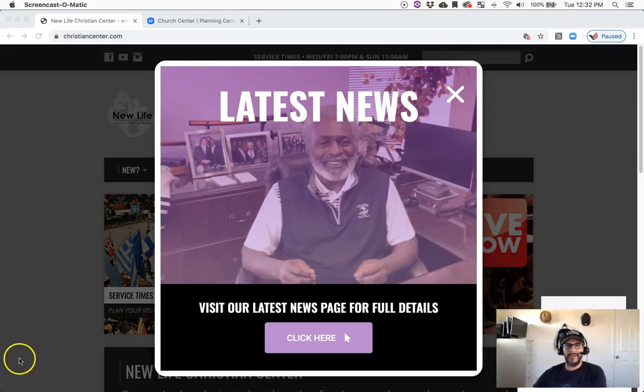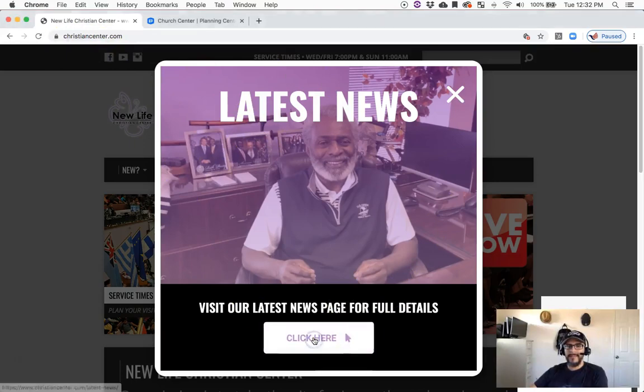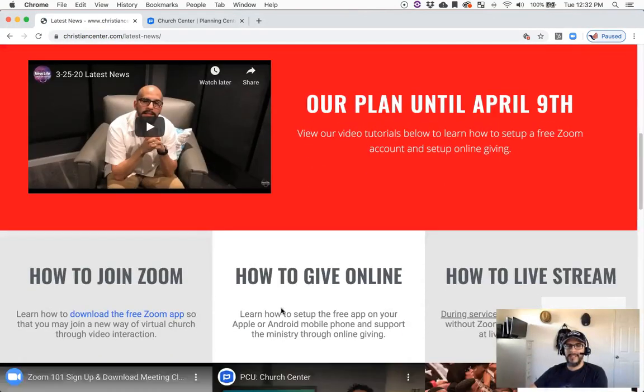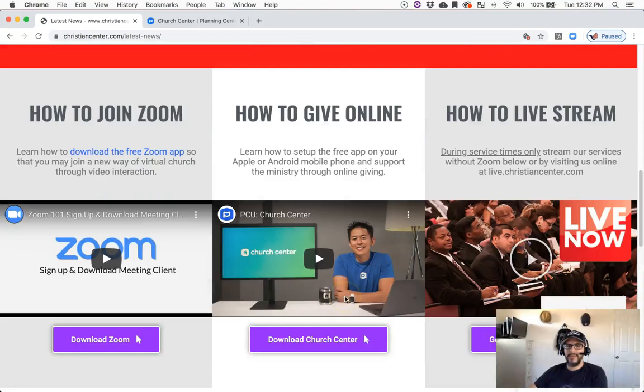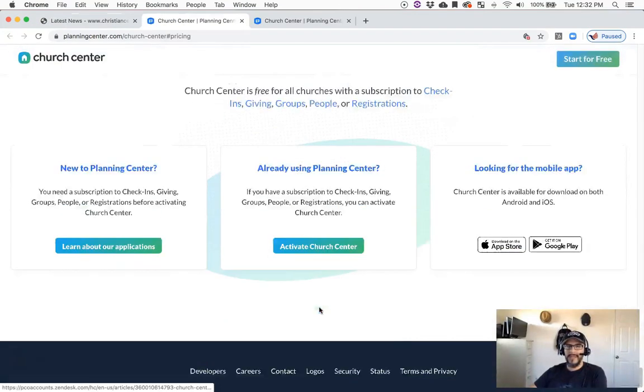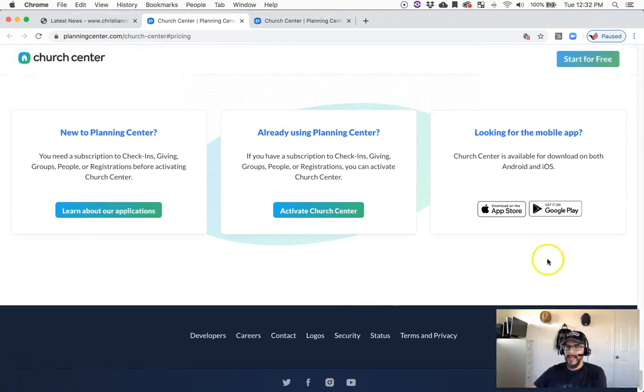So the first thing you want to do to get the app, this is one option. You can go to christiancenter.com. As soon as you get to the page, you will see this pop up. Click here. This will take you to our latest news page. And when you scroll down, you're going to see this little area that says how to give online. Scroll to the bottom of this video and the button that reads download Church Center. Click on that and it's going to take you to the page where you actually can download the app from